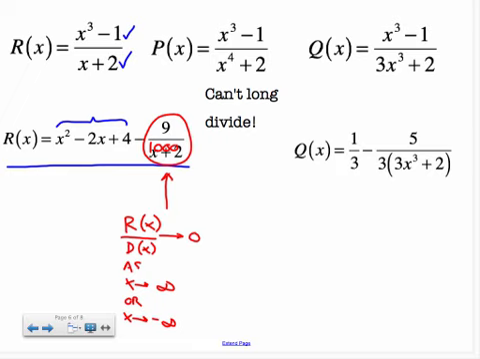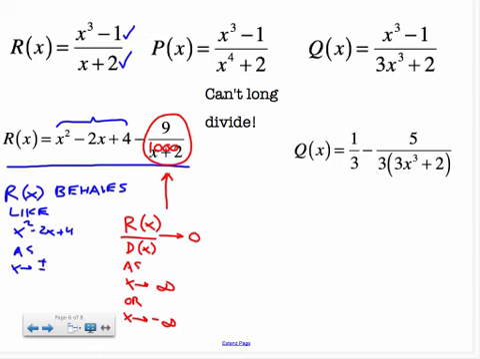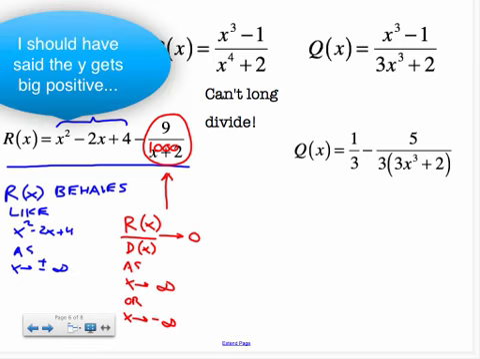The quotient ended up being a polynomial. So r of x behaves like this polynomial, x squared minus 2x plus 4, as x approaches positive or negative infinity. And we know how polynomials behave. In this case, as x gets big positive, the y gets big positive, and as x gets big negative, the y gets big negative. Now, if you look at p of x, we can't long divide p of x